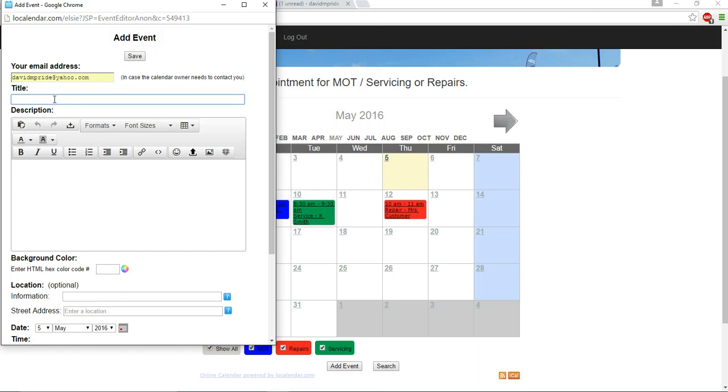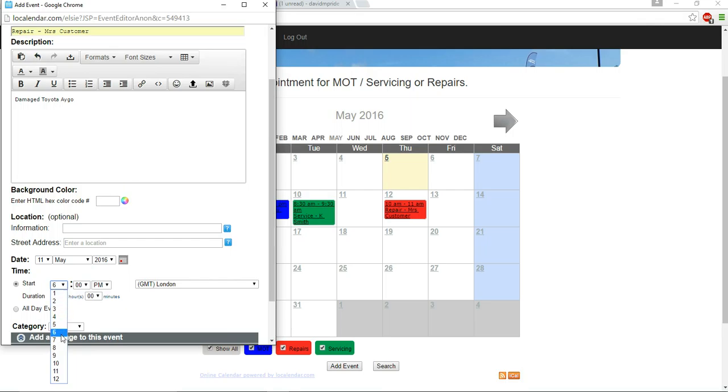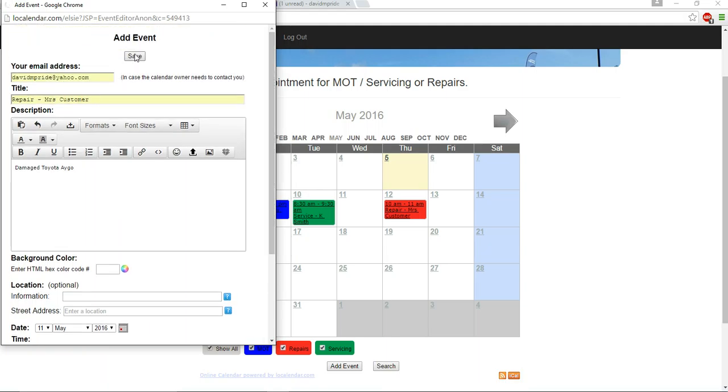So let's do a repair for Mrs. Customer, because she's just damaged her brand new Toyota Aygo. And we'll get it in. We can see we've got a nice gap. It can do multi-events on multiple days, and it can also do multiple days for an event. In this case just a single one, but we'll get her in nice and early in the morning on that, and you can see the category is a repair. You can actually add an image to this event, so if you wanted to show damages or things like that, you could do as well. And we'll click on save,